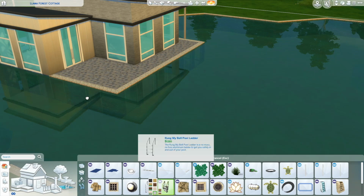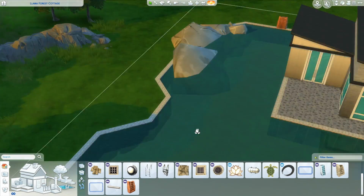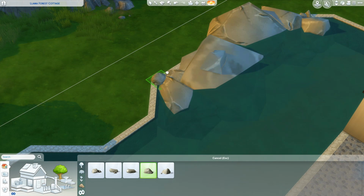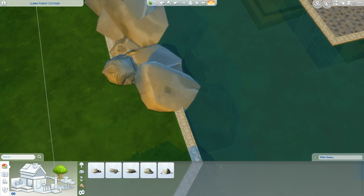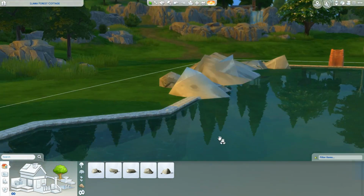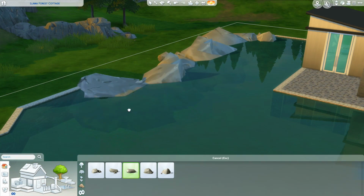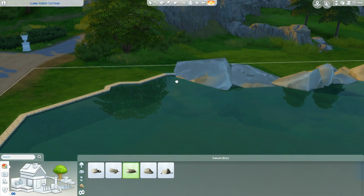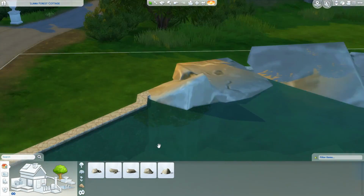We get there eventually, and as I said, parts of the lake look more natural, like where the rocks are, the natural parts of the lake, whereas where there aren't rocks, that's the man-made part, where they sort of cut into the land. I don't know how lakes are man-made, so, whatever. It is what it is. So yeah, just putting in a lot of rocks and everything just to make it look a bit more natural